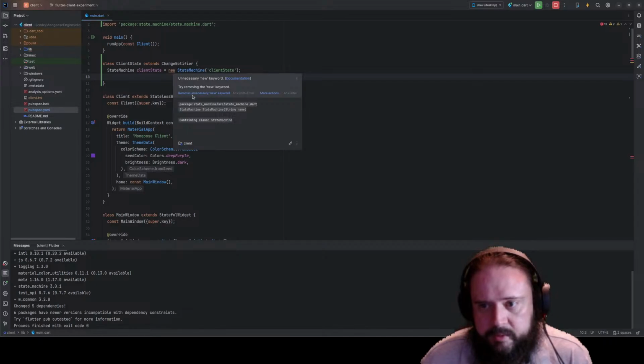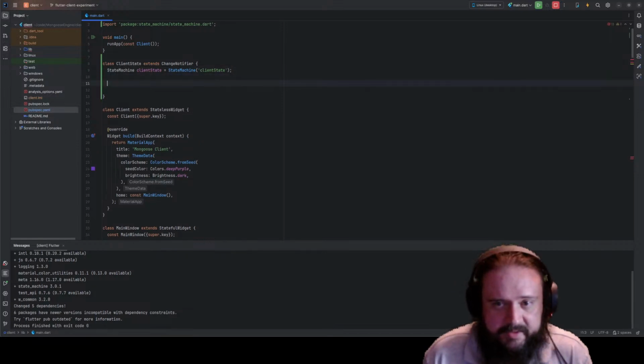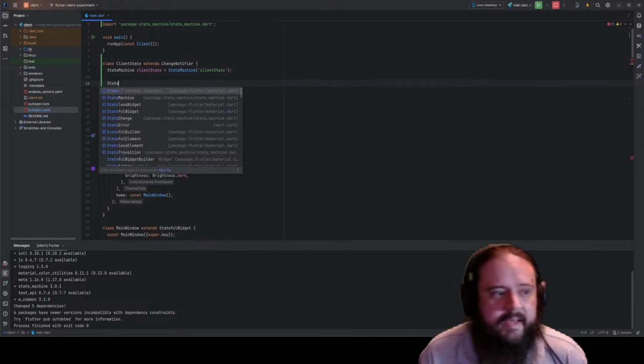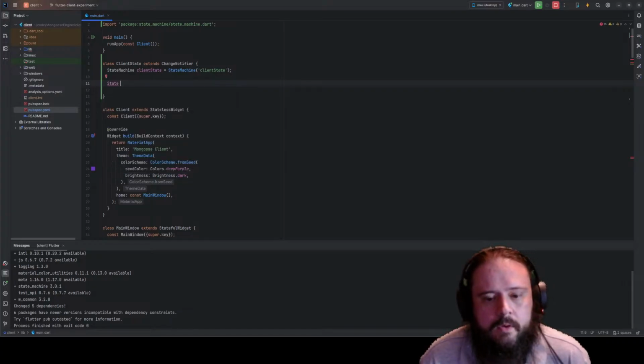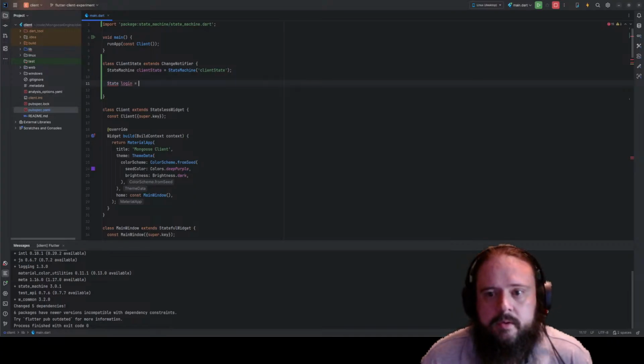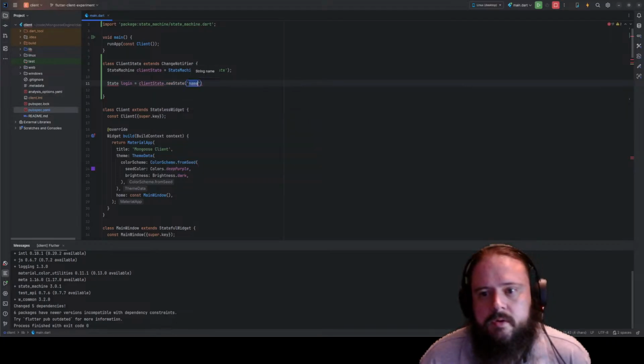Unnecessary new keyword. Okay. Fine. Take it out then. And we need to define a set of states. Right now, state login, let's just say client state dot new state login. And then